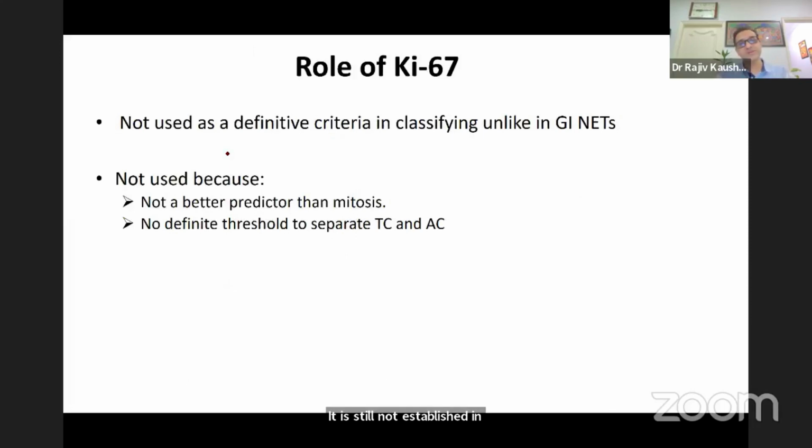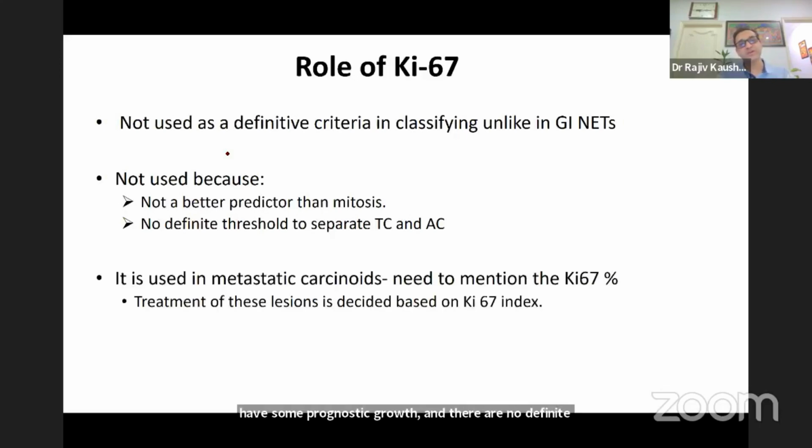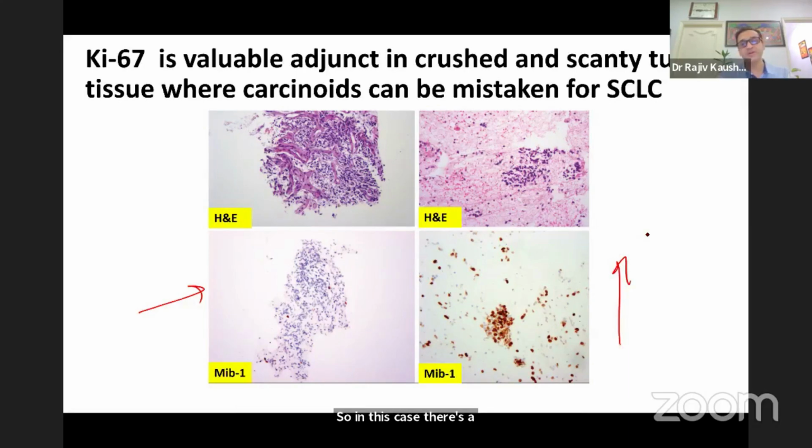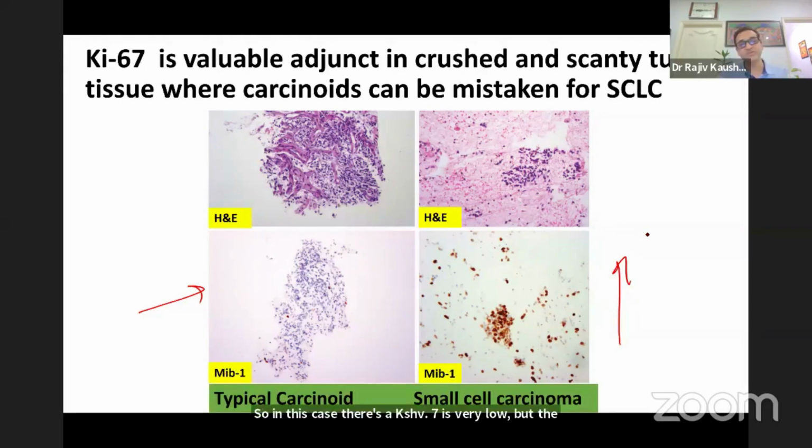And there are no definite criteria, especially in the lung, as compared to the GI and other sites for the neuroendocrine tumors of the lung. But it can be of great help to us, especially if we get very small, tiny biopsies, like shown in this example. So you can't make it out based on morphology. In this case, the Ki-67 is very low on one side, but the other side is showing a high Ki-67. So with similar morphology, based on the Ki-67 you can pinpoint that this is a small